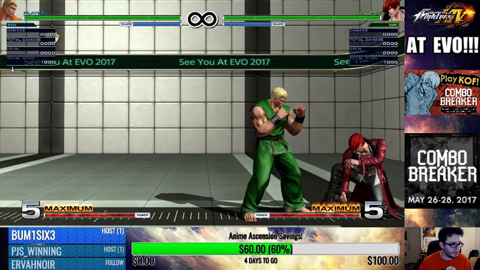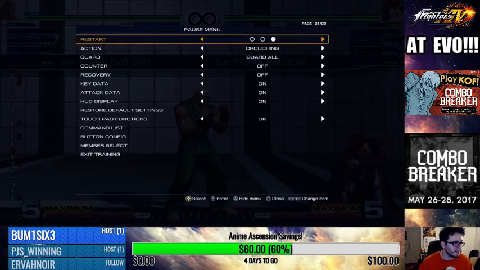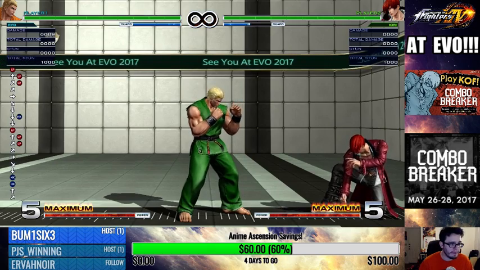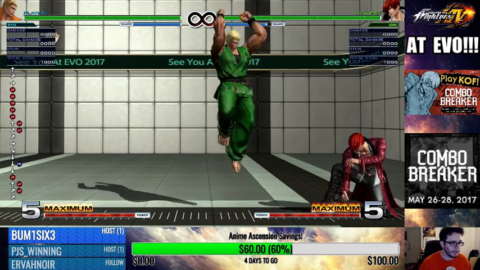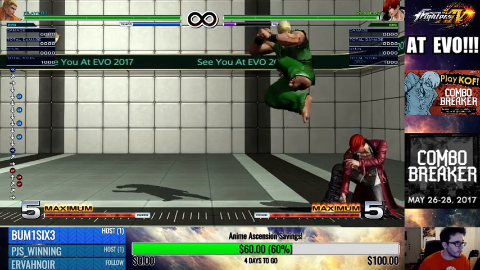Iori's at full gauge. And he just lost just under half of it. And let's see. There it is. Bam. He just lost over half of that. So this is where Ryo can come into his own. If you can corner your opponent and get just a 1 rehop or something like that, he can really...